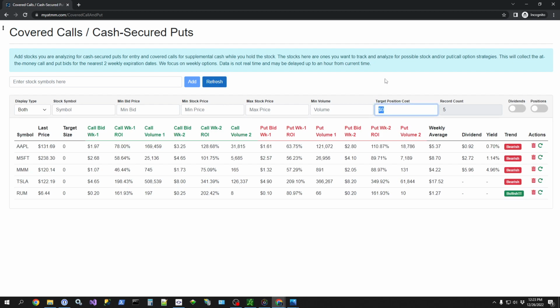You can change it actually right here. So say for every single position, you only want to be in each position like a max of, since they're $100 stocks, they're kind of expensive stocks. So we're going to say our target position is $2,500. For each position we get involved in, we want it to be about $2,500. So if I enter that and I click refresh, okay, you'll see